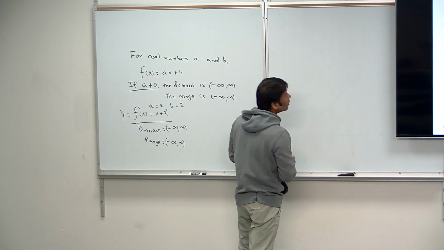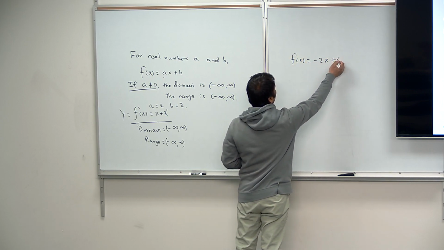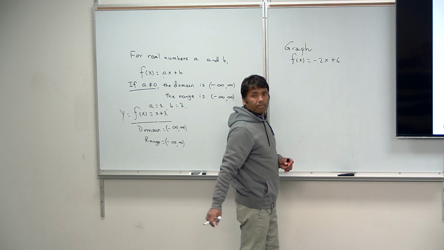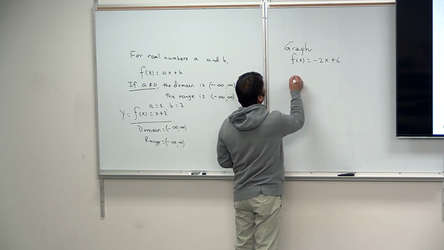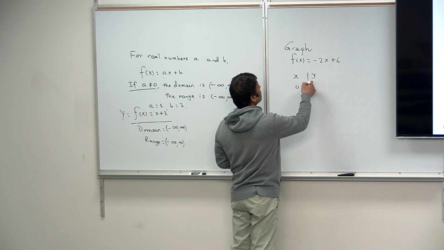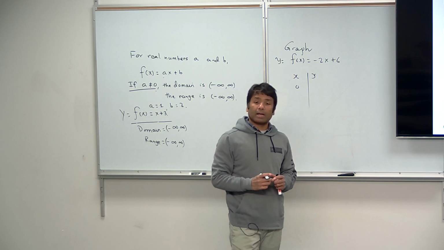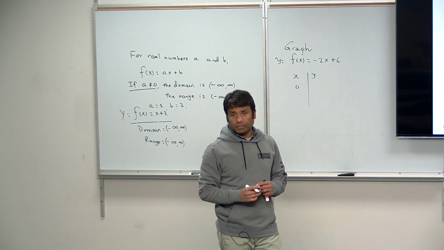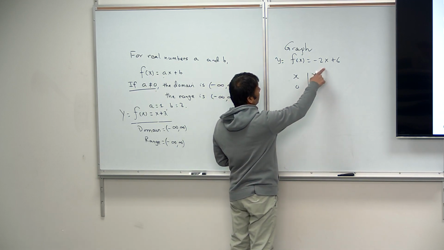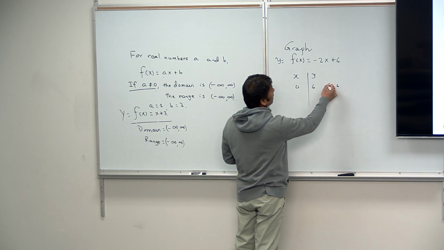So you have a function f(x) equal to negative 2x plus 6. I want to graph it. How do you find that? You have an x value and a y value. If you plug in x equal to 0, y and f(x) are the same thing. So if you plug in x equal to 0, your y value will be 6. So that means (0, 6) is the